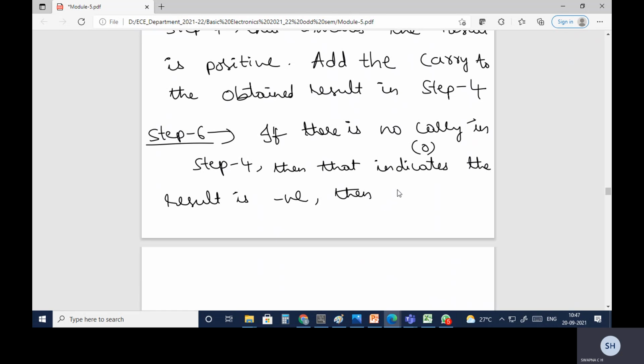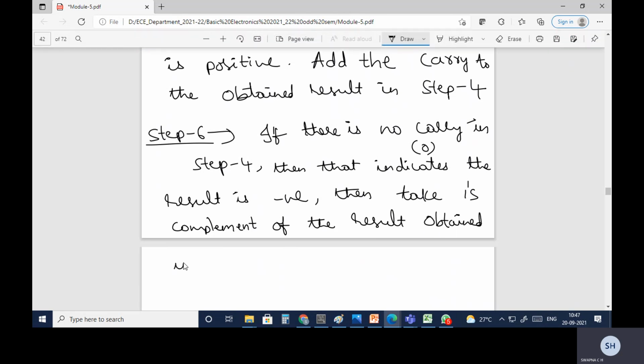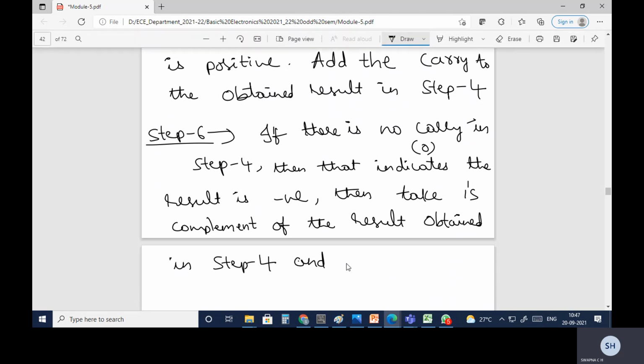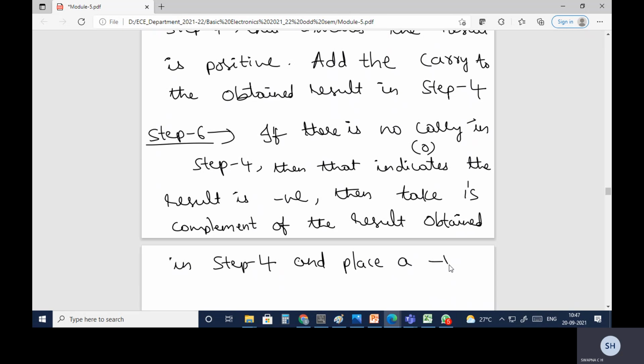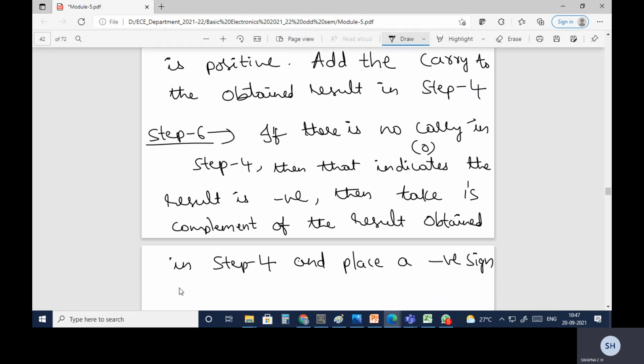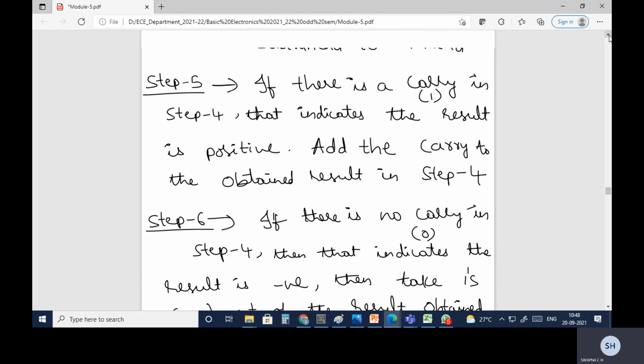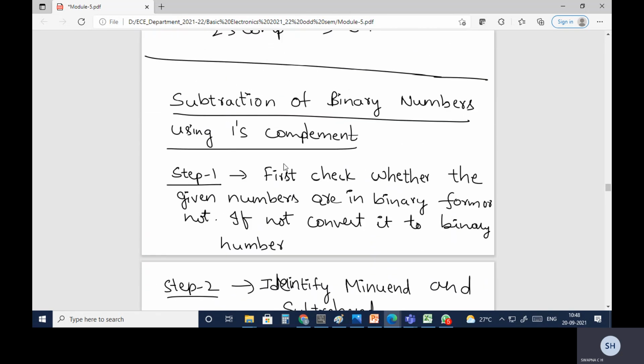You need to take the 1's complement of the result obtained in step 4 and place a negative sign before the result.